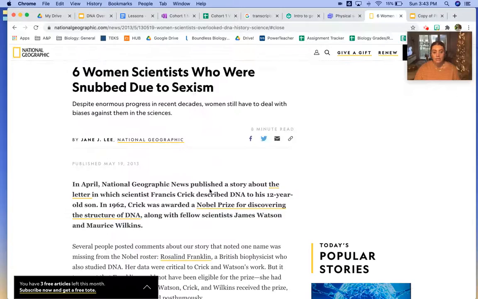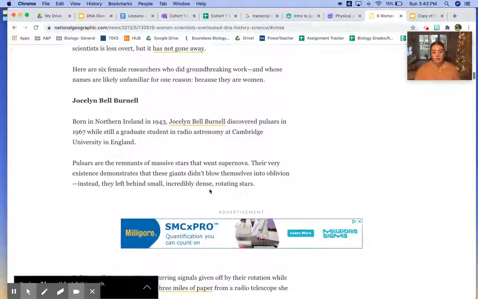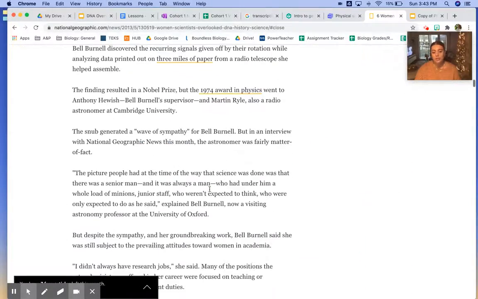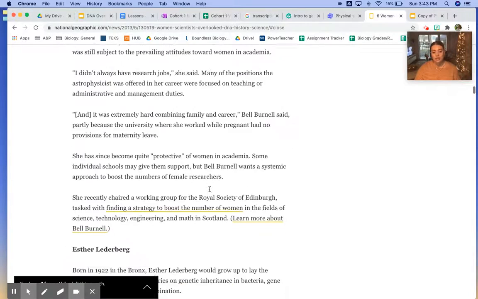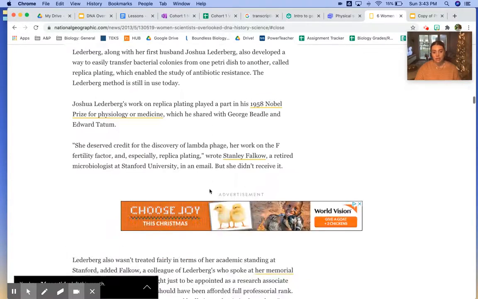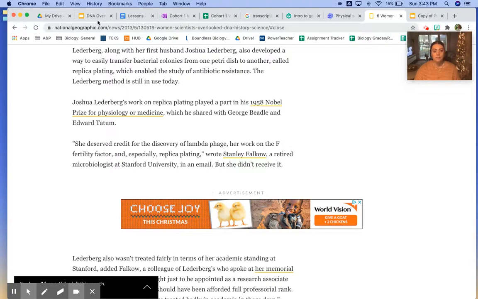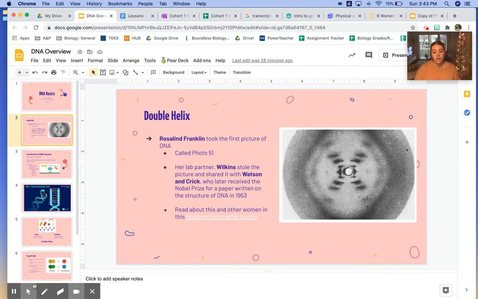There are many different women on this article who had some kind of contribution to science, but maybe did not get the acknowledgement that they wanted for that. Please make sure that you ask me any questions if you're struggling, and go